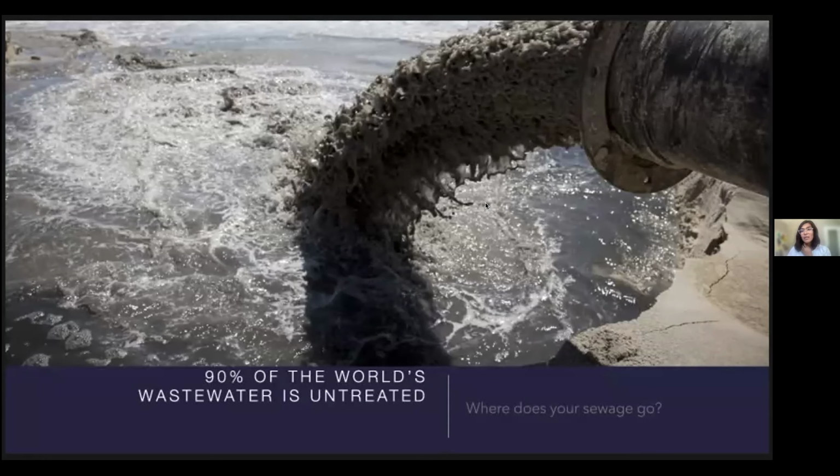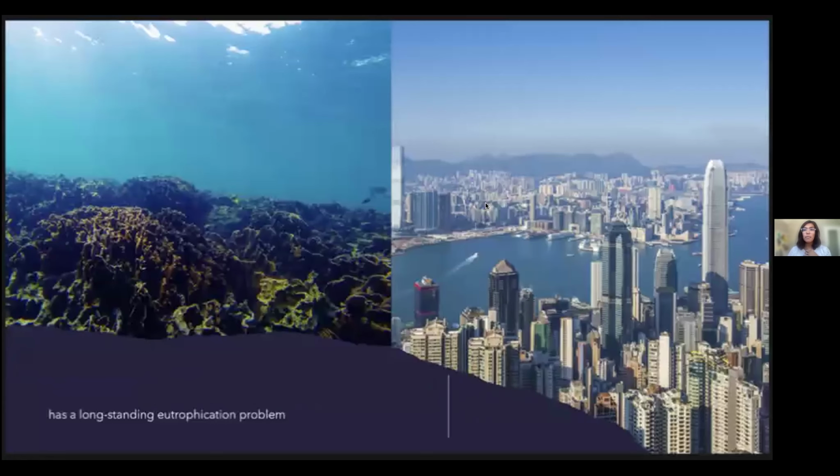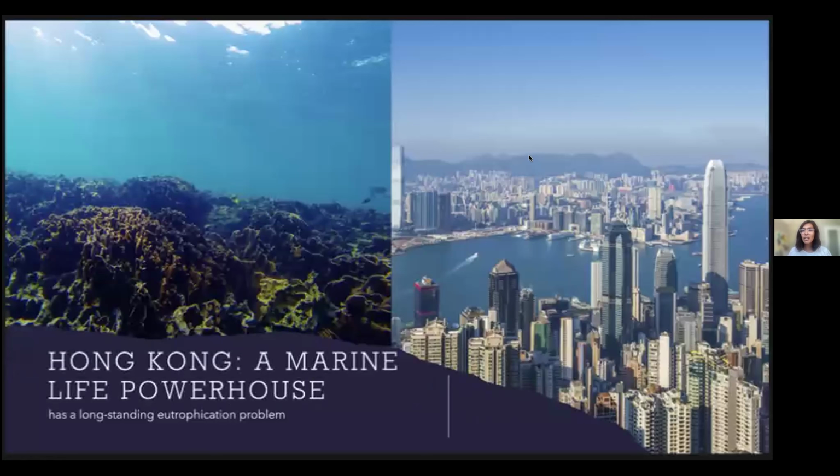So when I learned about this, I was interested in looking at how this could affect marine life. And you can ask me why I was even interested in something like this. This is because, you see in this picture, the photo on the right shows you Hong Kong. It's a highly urbanized city. It has a population density of over 7,000 people per square kilometer of land. Compare this with, say, Iceland, which has a population density of about 3 people per square kilometer of land.